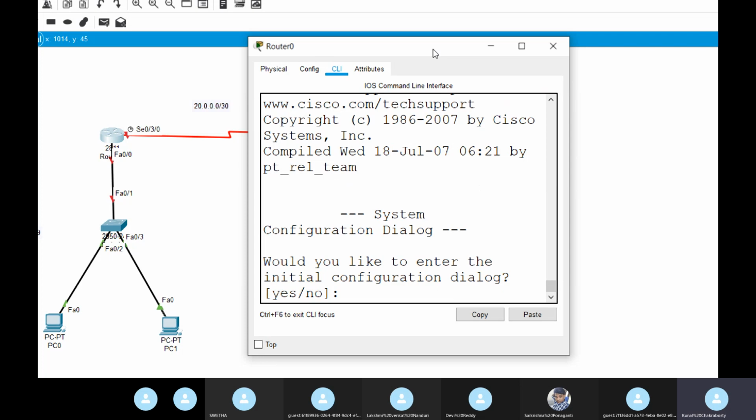If you want to check what things you have assigned, we can do it either in user or in privilege mode. But when configuring or implementing something, you need to go to configuration mode. So how to do that? First of all, here you will get yes or no. Always go with the no option.